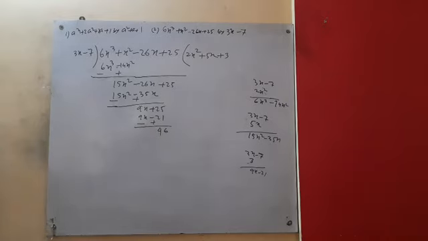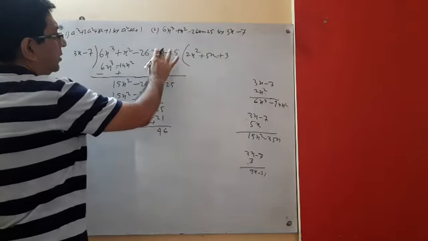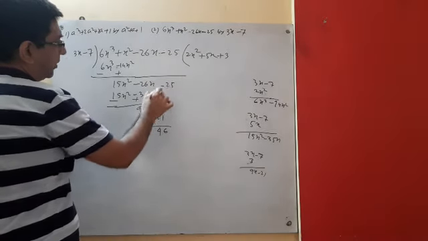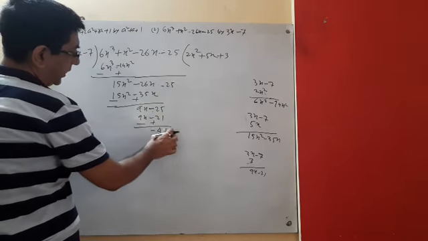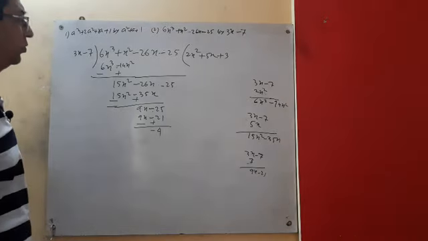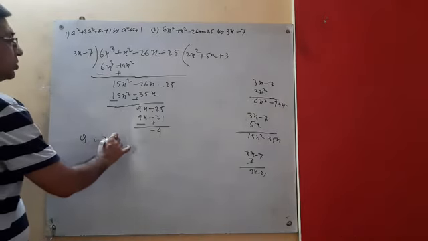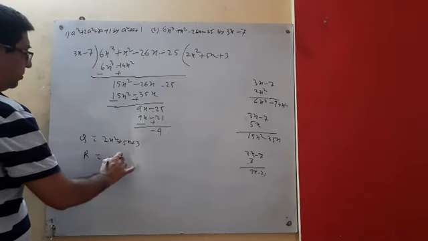Please check the answer. Look here, in the question it is given minus 25. I have written plus. No problem, this is another sum. This is minus 25, so it will come minus 4. It is from ML Aggarwal, right? So the quotient is 2x square plus 5x plus 3 and the remainder is minus 4.